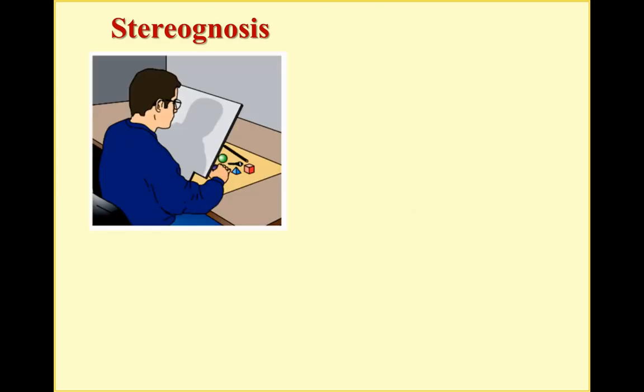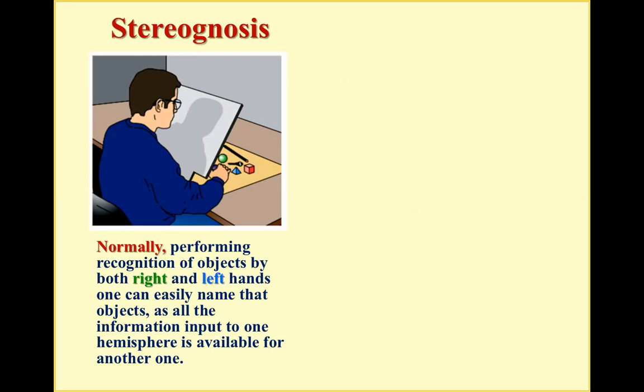Let's see the stereognosis. Look here, the objects are hidden by a screen from the view of the tested person, and just by touching the objects it's necessary to decide what this is. And normally, with recognition of objects by any hand, we can easily name the object if we understand that this is a sphere, or a key, or a pen, or something like this. Information input to one hemisphere is available for the other. Information is available for both hemispheres. But